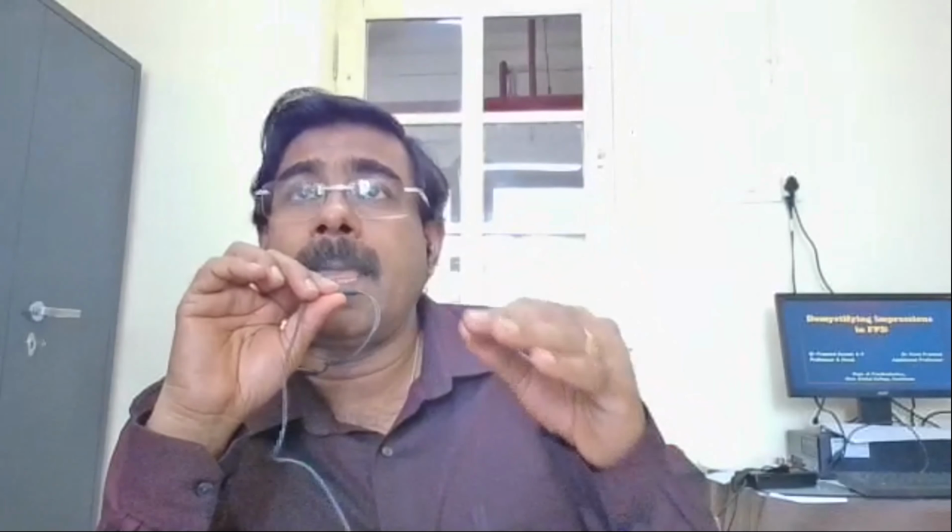supraeruption of the opposing tooth. Actually, before any type of prosthetic procedure, we have to do an analysis of occlusion. If there is a supraeruption, we have to recommend a treatment. If it is a minimal supraeruption, occlusoplasty will be enough. If it is a severe supraeruption, then we have to go for a root canal treatment followed by a crown. It is better to maintain a proper occlusal plane. So that has to be included in the treatment plan.